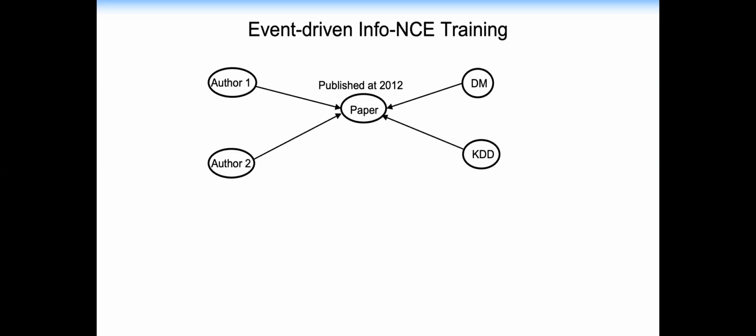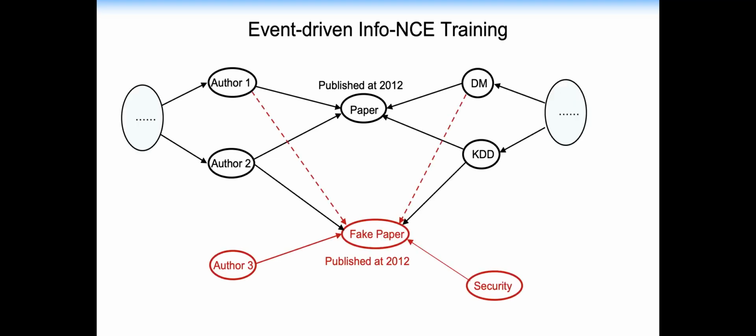Okay, for each of these events, we try to construct a fake event. Say we construct a fake paper where some of the relationships are correct. We still keep its author 2, keep its venue KDD, but we randomly switch its author 1 with another author 3, and randomly assign its topic to security. The learning objective for the model is then to distinguish between the true paper and the fake paper, based on its